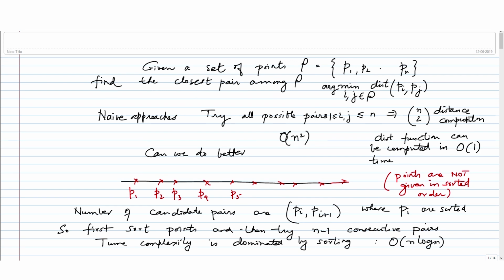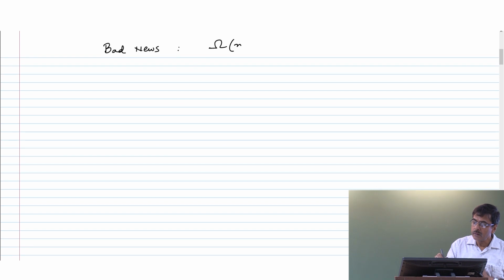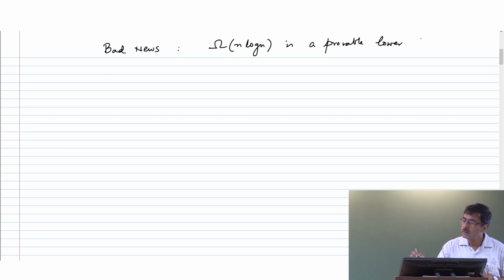Now, having succeeded on that, you could be more ambitious and say, oh well, maybe I can do even better, right? But the even better thing, unfortunately, the bad news is that omega n log n is a provable lower bound for